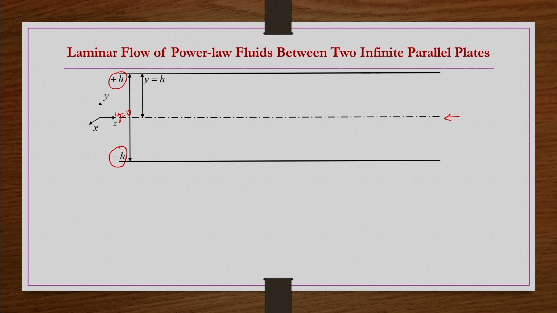Between these plates, in real life applications, the plates are infinitely long, but the gap between the two plates is in general very small. It may not be so small that it is negligible, such that you would also take viscous dissipation into consideration. In fact, those kinds of things could also be there, but however the gap between the two is in general very small.